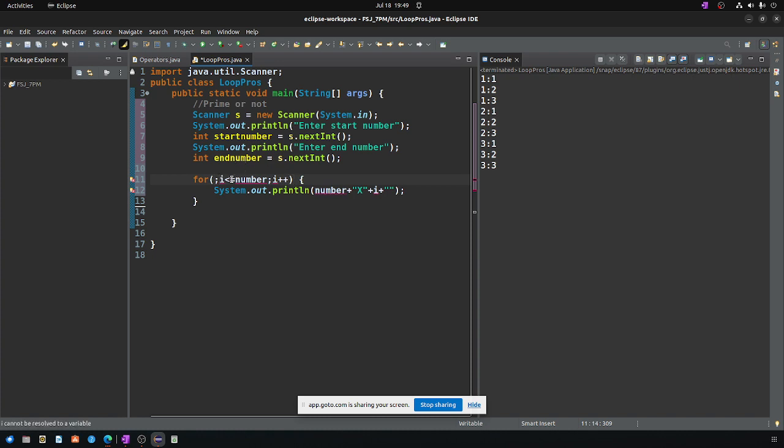So end number, so I less than or equal to... I need the start number. So start number less than or equal to end number. So now what will you get? You will get the range. So you will get that end number, and then